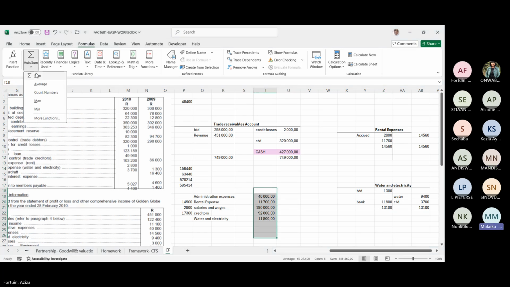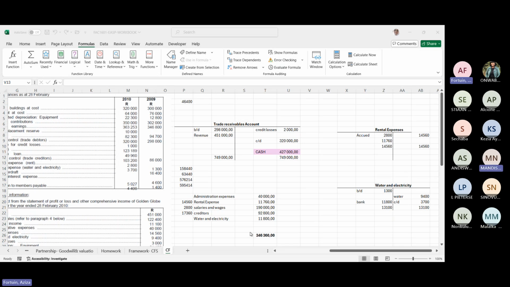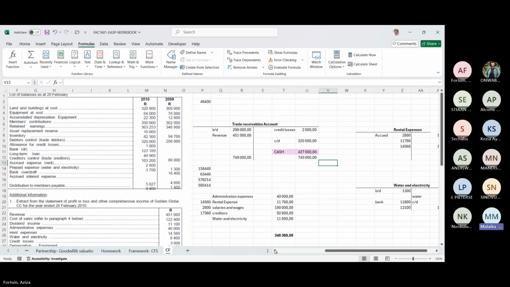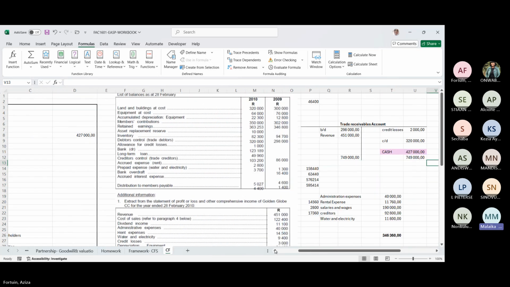Hi, Aziza, can you hear me? Yes. Hi, I had to connect with my phone. I agree with Kizzy when she was saying that I'm also very lost, because I thought we're calculating how much we owe to the suppliers, I mean, how much we paid out to suppliers, not how much we're owing. Yes, we are definitely doing that. I was so confused because the module outline they gave us takes a whole different direction.